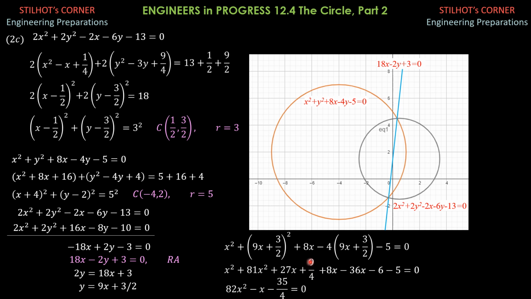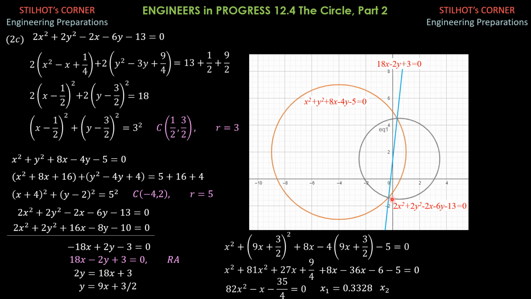So 35 over 4 is 9 over 4 minus 6 minus 5. Then using your calculator, the quadratic formula, we get x1 equals positive 0.3328, so somewhere there,